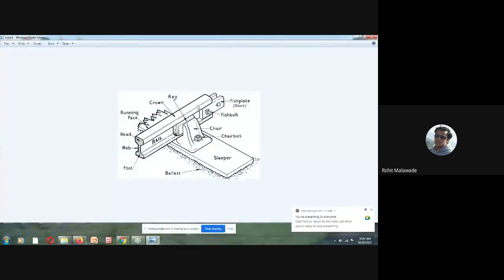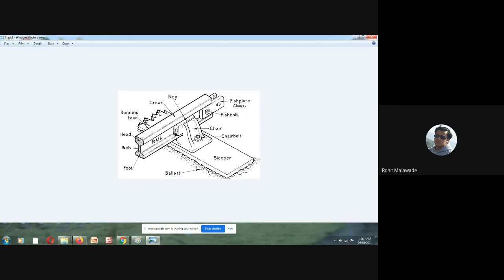When creep occurs, that means if you are moving forward and the creep is in the backward direction, what is going to happen? Suppose there is one more rail over there. The expansion joint is going to get reduced due to the momentum. The rails are going to move slightly, so the expansion joint in between the rails is going to get reduced. That is one indication.